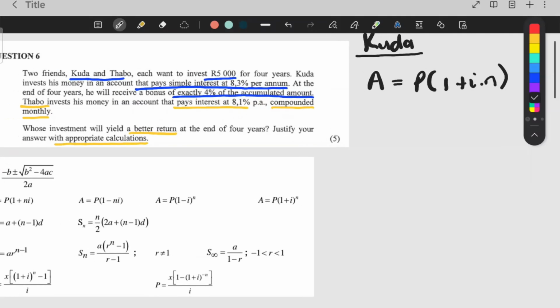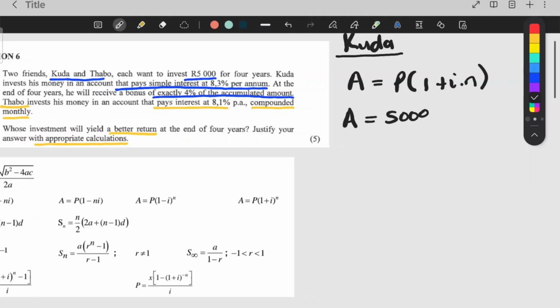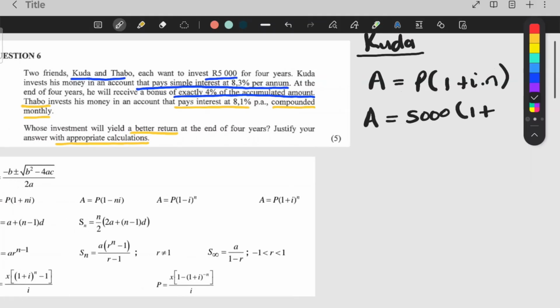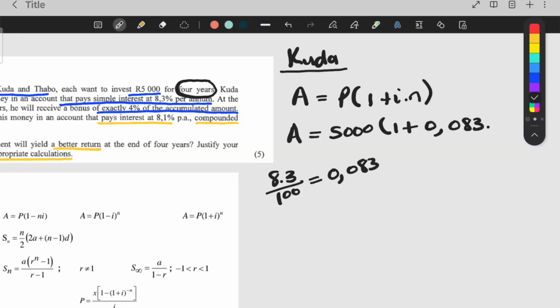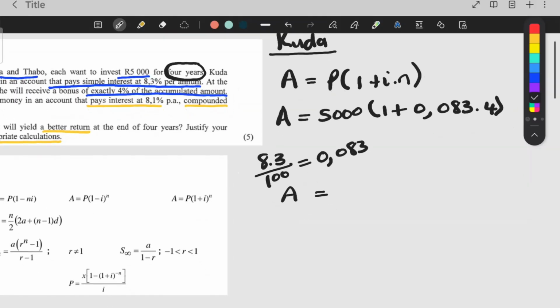Now let's see how much money he is investing. We don't know what the accumulated amount is. He is investing 5,000 Rand. 1 plus the interest, which is 8.3%. On your calculator, you say 8.3 divided by 100. That gives you 0.083. So that's the interest. So you put 0.083 times the number of years. Here it says for 4 years, so times 4. All of that in your calculator. You put this in just like that, and the answer is